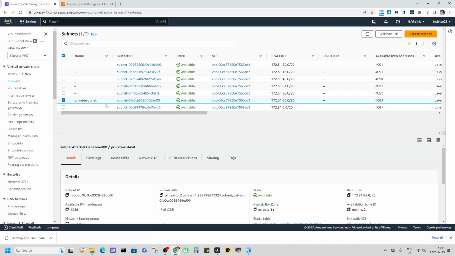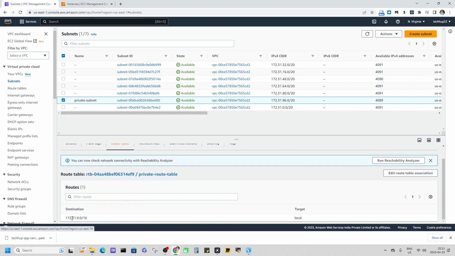We needed one private subnet, so I've already created this private subnet, and I have configured the route table for this private subnet, wherein you can see that in the routes only local routing is allowed, and there is no routing via the internet gateway, which means there is no outside network that is able to access any resources within this private subnet. Now, we'll be using this private subnet to launch EC2 instances that will be acting as our app service, and which will be private instances to which we want to SSH